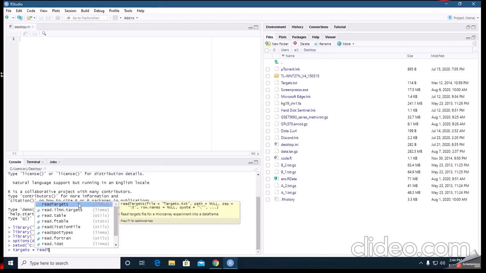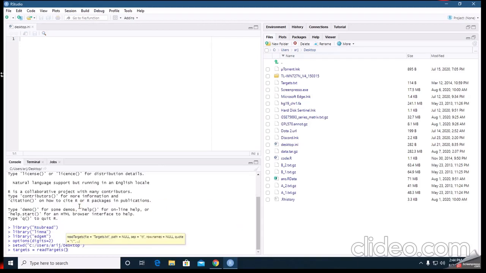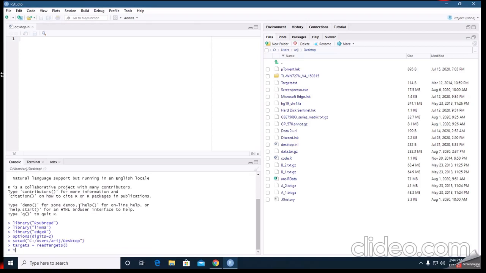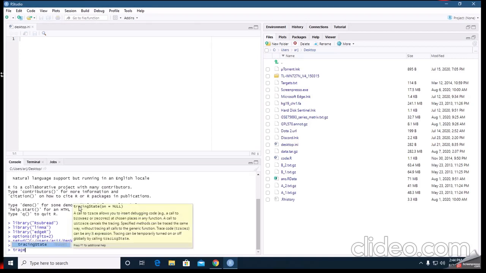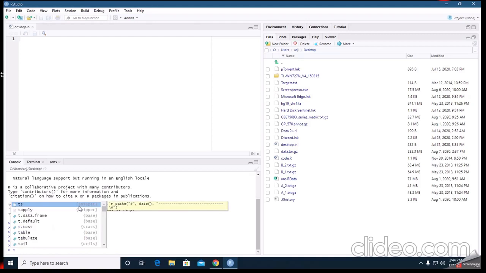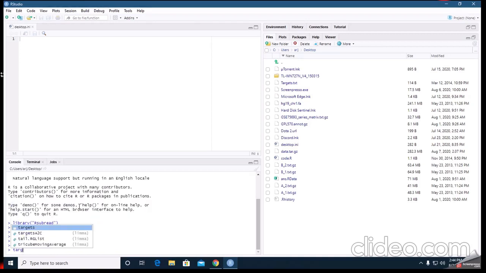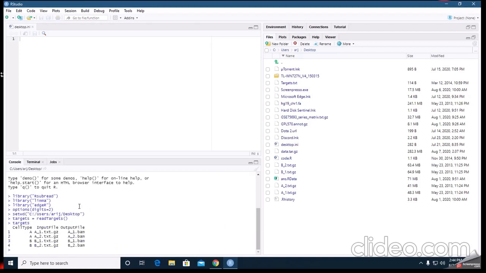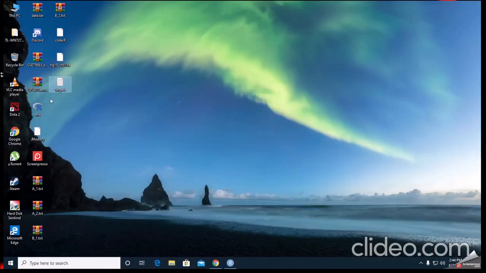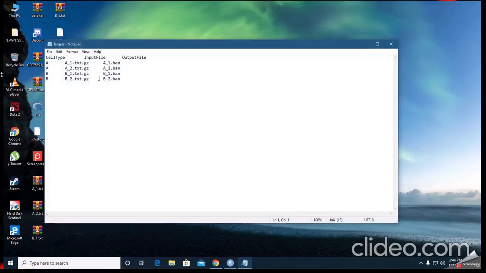You can see this is a built-in function in the Limma package. Okay, now after running this command, it reads the targets file which is on the desktop. See, this is the same file which I have on my desktop.